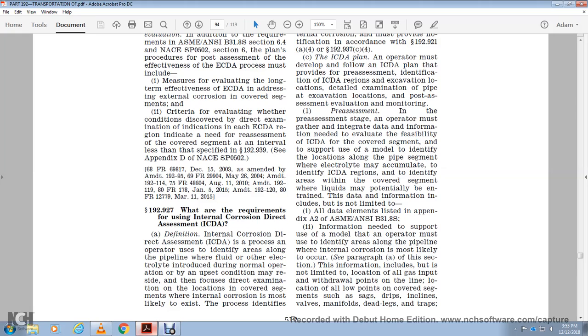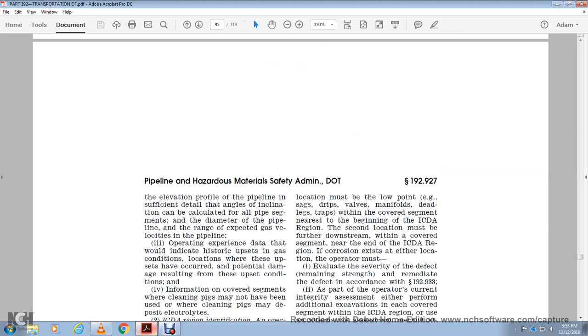Information needed to support the use of the model or the operator's method to identify the lower areas along the pipeline where internal corrosion is most likely to occur. See paragraph of the section. The information includes, but is not limited to, the location of gas withdrawal points for the line, and the location of low points of the covered segment, such as sags, drips, inclines, valves, manifolds, dead legs, and traps. The elevation profile of the pipeline must be of sufficient detail that the angle of inclination can be calculated for